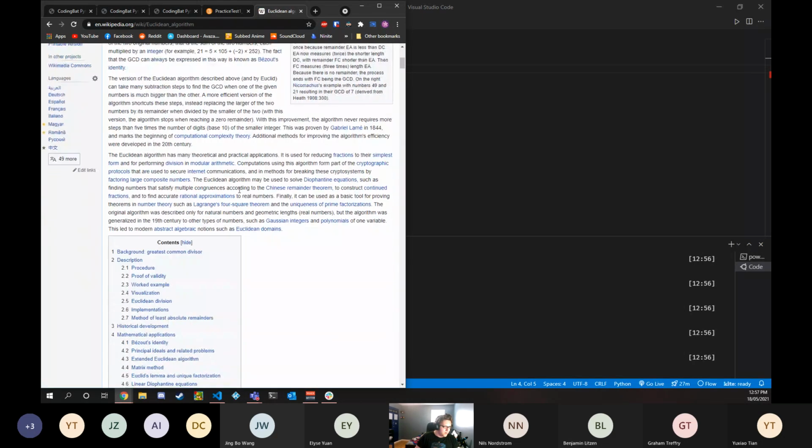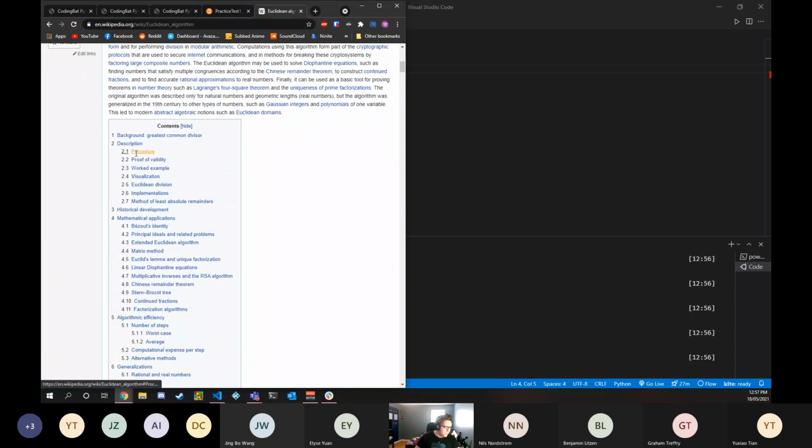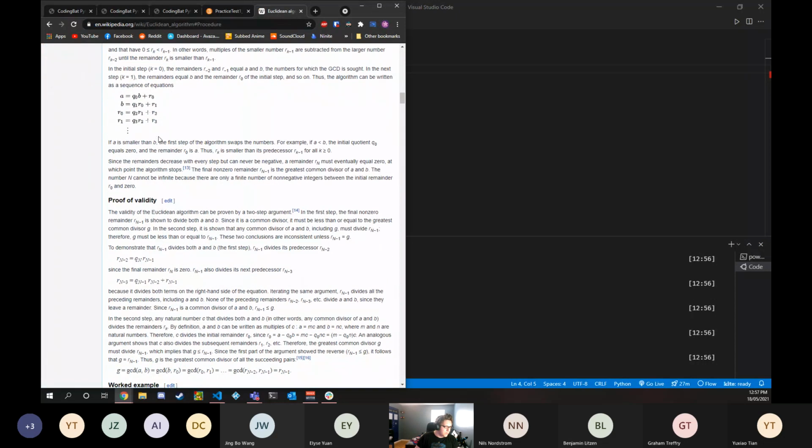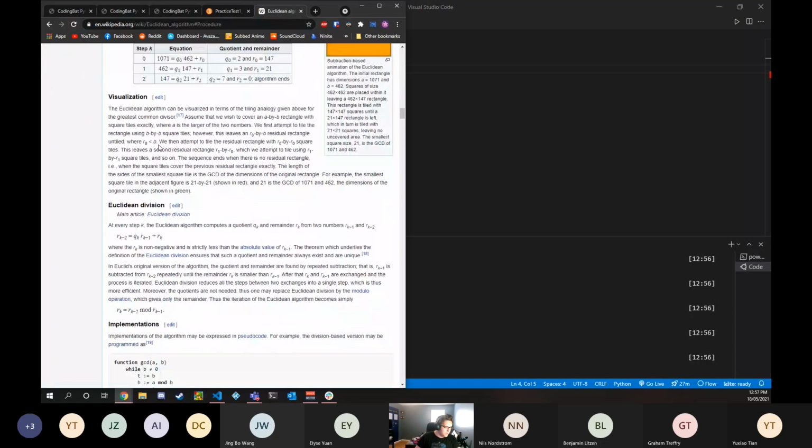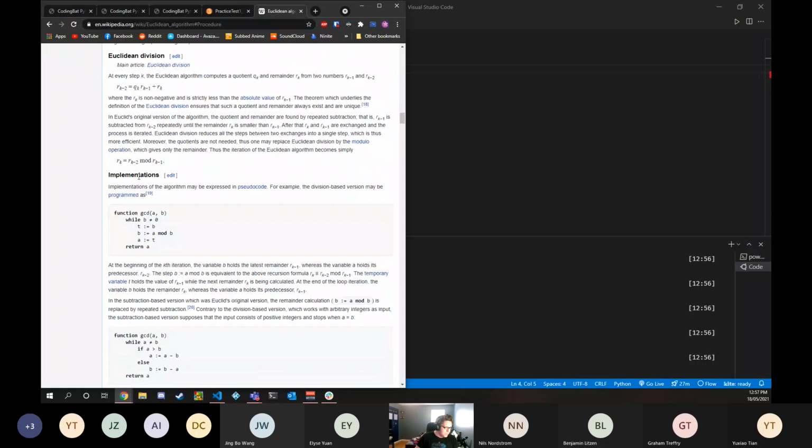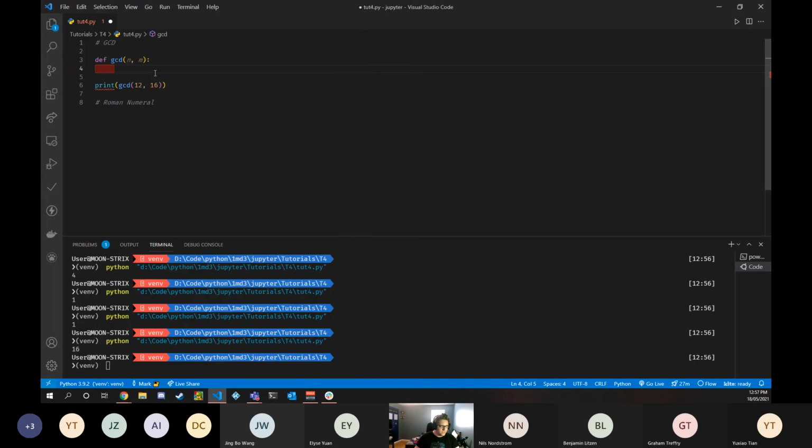This is an entire Wikipedia article that explains it for me. That's not what I care about, though. What I care about is code and implementations. Here's the pseudocode for it. So I'm going to take the pseudocode, since pseudocode and Python code are very similar. Not exactly, but